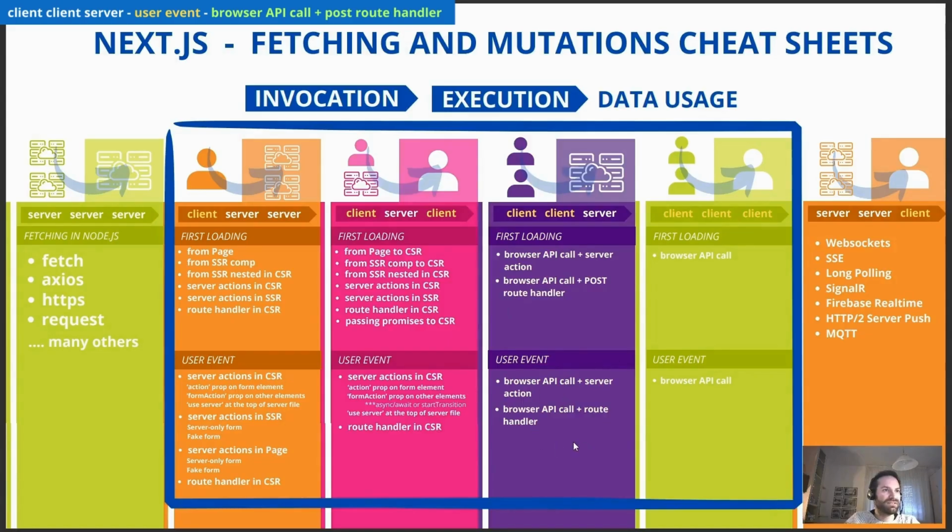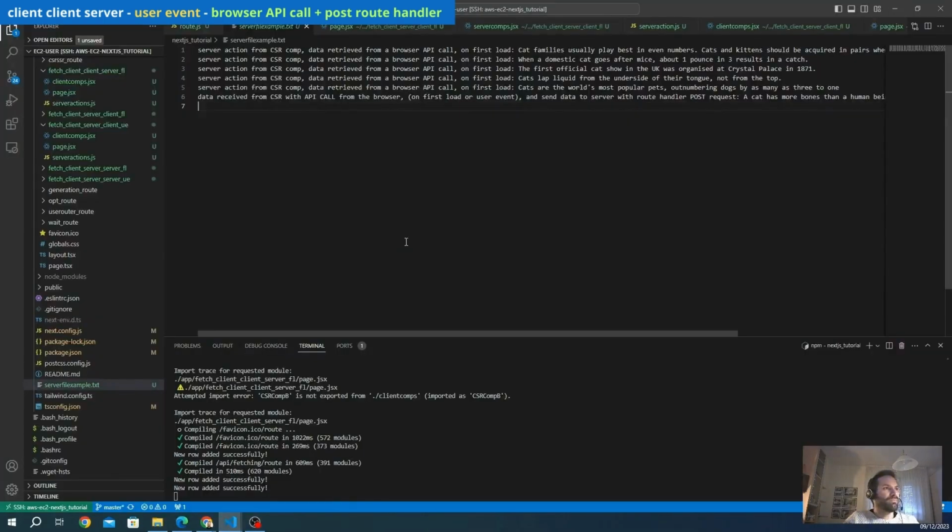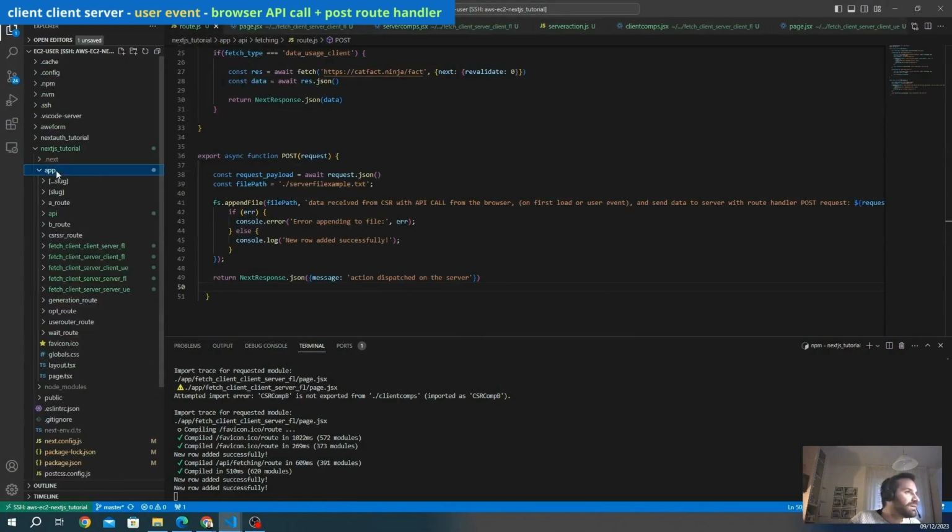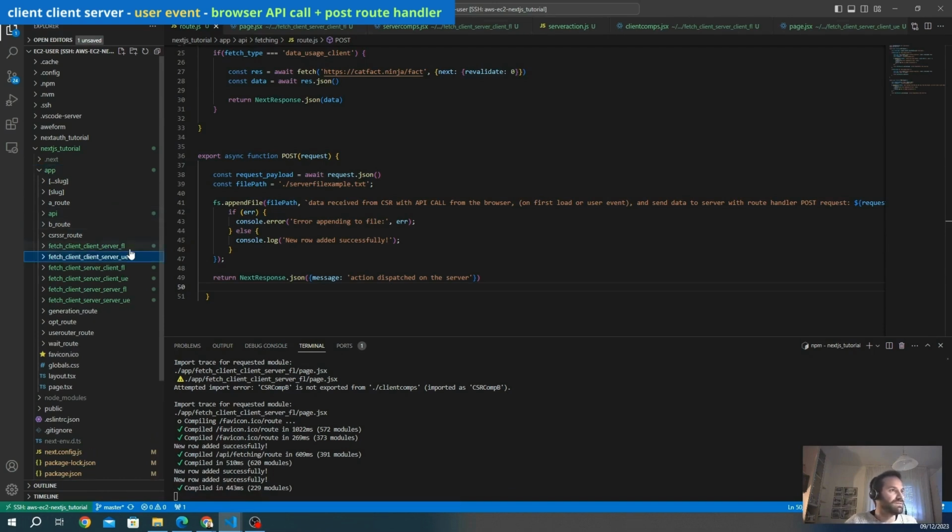Let's discover the second group that is pretty similar to the first one. The only difference is that we trigger the function with a user event, with a user action. So back to our project, we close this txt, we create another route that is called fetch client server, but in this case it's going to be UE, user event, and here we go. We also create a page here,